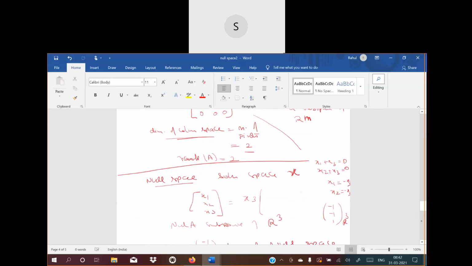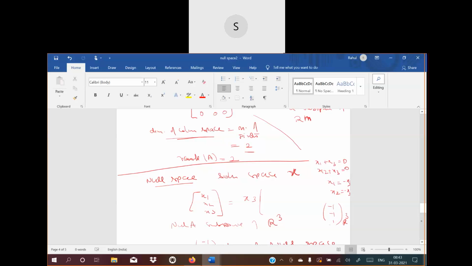When I am doing that, I have only three variables, x1, x2, x3, and that is my solution space. Null space is the solution space for Ax equal to 0. I have only three variables, so whatever answer comes will come in x1, x2, x3, and this is R3 space, because of the solution. The values which are coming, like -1 and 1, form a 3-tuple, which is R3 space. Earlier it was coming as 4 tuples, R4 space.